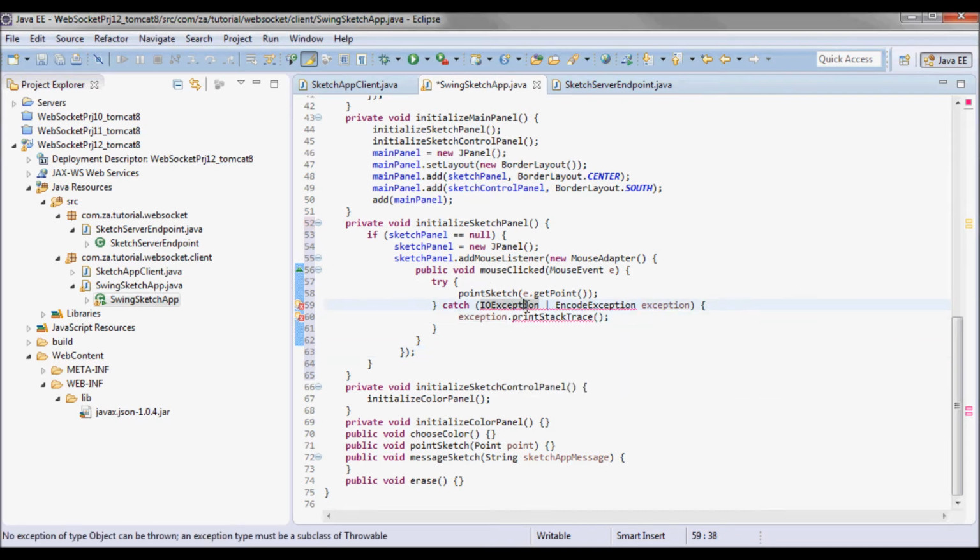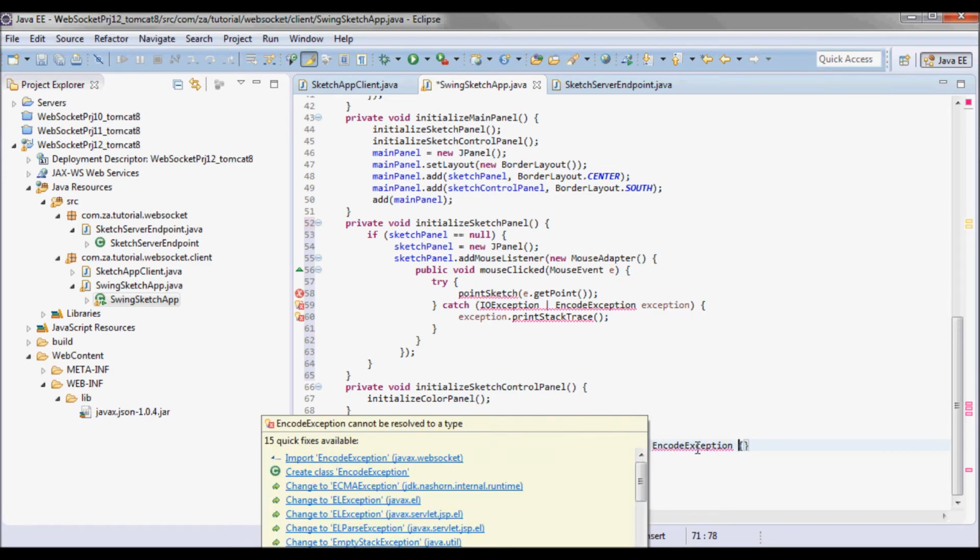I haven't coded the pointSketch yet, but it will be throwing IOException and EncodeException.